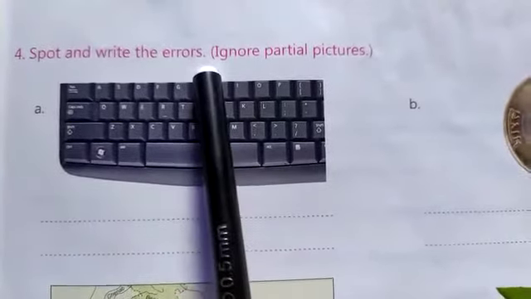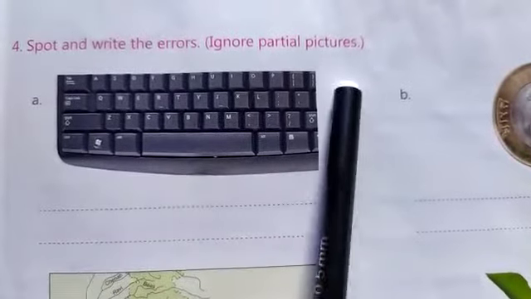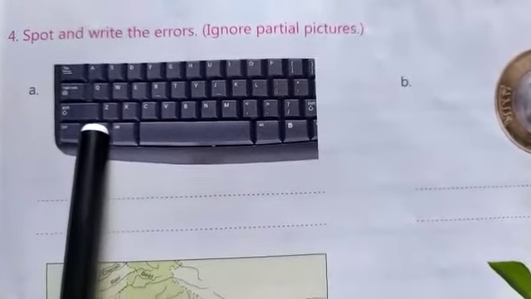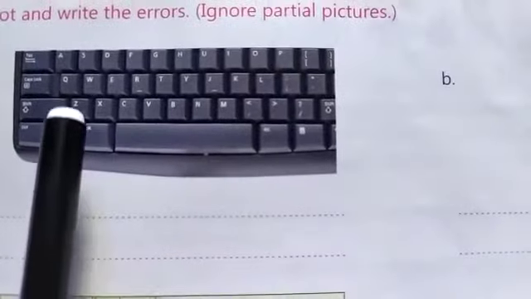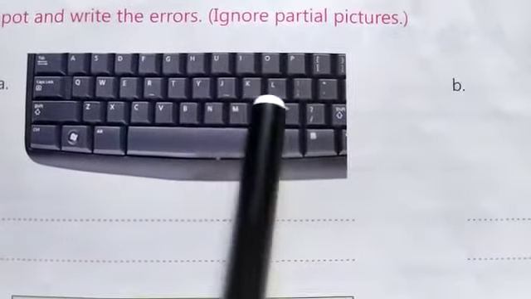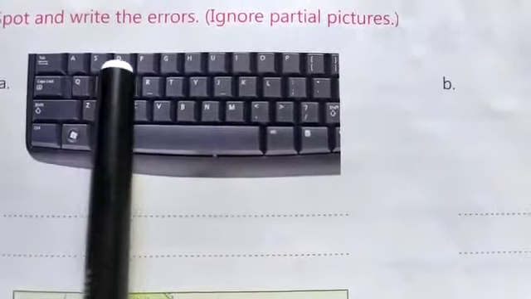Here in the first one, we can see a keyboard. All of you have seen keyboards and used them also. Now, are you able to see the keys? A, S, D, F, and here it is Q, W, E, R, T, Y. Now, do you remember? Where is the mistake? Can you recognize? So here the error is that some keys like Q, W, E, R, T, Y, etc. are in the wrong position. This line should be on the top and ASDF should be in the middle.